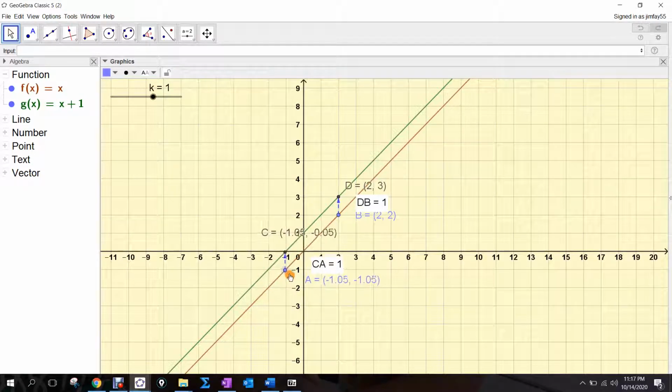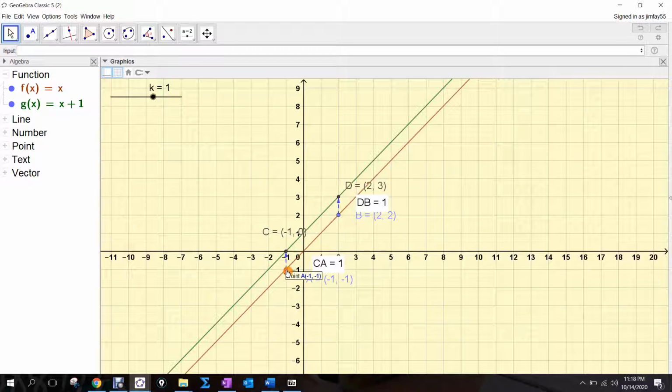So this is going to be true, but I chose those 2 because they were convenient x and y values. They're whole numbers. But you can see then that what this does when I have x plus 1, all it does is takes this red line and shifts it up 1 unit. But what it really does is it takes every ordered pair that's on this red line and it adds 1 to the y value. If I look at this point of A compared to this point of C, they match,